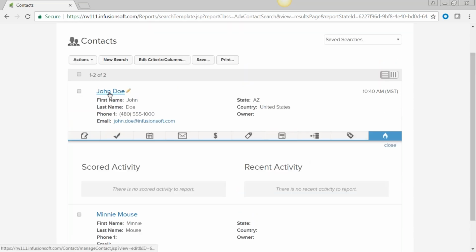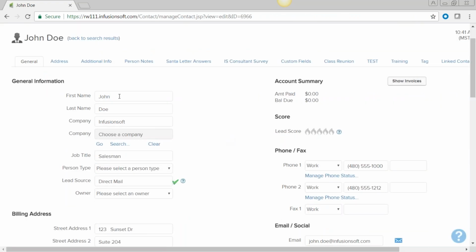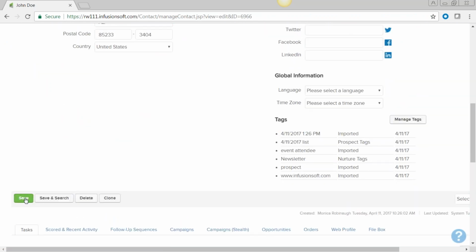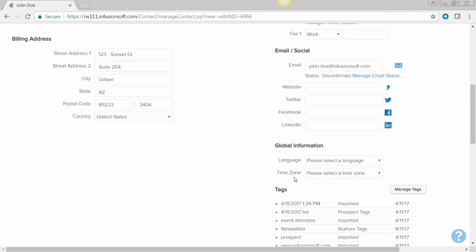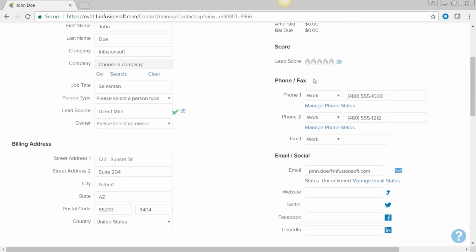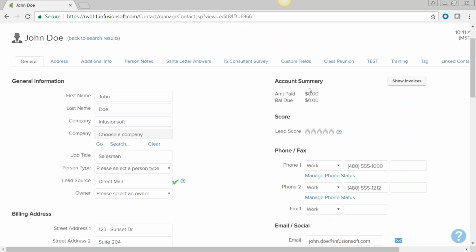So if we go in and look at John's contact record, we have all of who he is from the save bar all the way up. So we have all the tags that are visible right here. We have time zone, language, social media, his billing address, and this is the important address that the credit card will ping off of, the phone or fax information, if he has purchased anything through Infusionsoft, and if there's a lead score to show his engagement and what kind of a contact he is, and who his owner is,